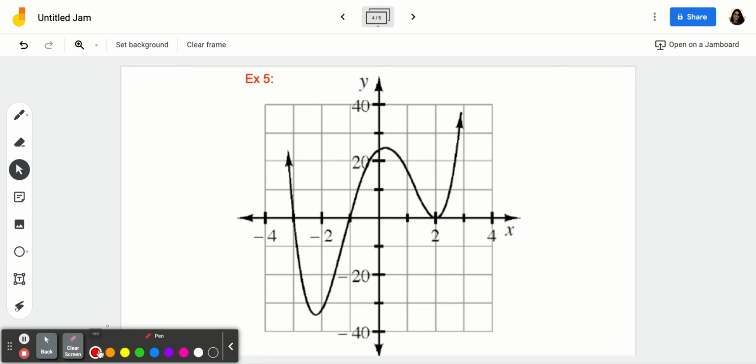Okay, so let's see. This is an even degree because the arrows are facing in the same way. And let's see, I have 1, 2, and 3 roots, but it shouldn't be 3, it should be even. And that's because this is a double root. So I'm going to write my equation as y equals, I don't know, a,